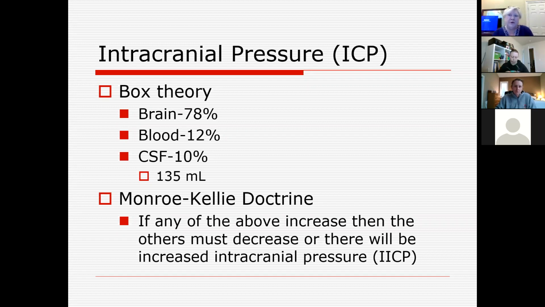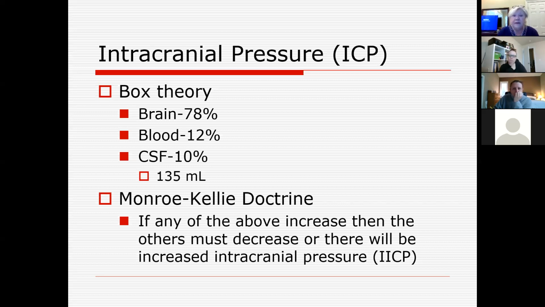And the blood and the cerebral spinal fluid actually give you the ability to increase or decrease. So if you were to get a brain tumor, there's a little bit of wiggle room. You could shift some of your cerebral spinal fluid down into your spinal column and make a little bit more room up in the cranium and not necessarily have increased intracranial pressure. So there are a little bit of compensatory mechanisms there. But as a whole, there's not a whole lot of wiggle room, but there is a little bit. But the Monroe-Kelly doctrine says that if you increase one of these without decreasing the other, you will get increased